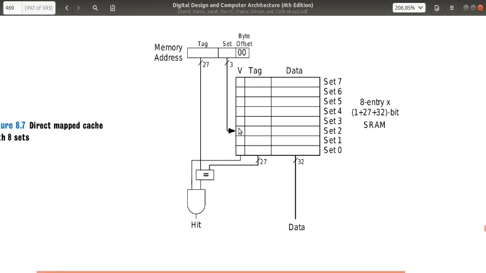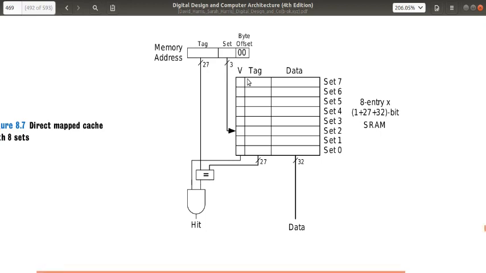This denotes, if this is 1, it means that the data in this particular set is valid, that is, it has been copied from the main memory for use, and it is not some junk value. Because when the processor starts up there could be some junk value in the cache memory, and we don't know whether that value is actually useful, or has been copied from the main memory, or is being used or not. So to denote that this is the actual value and it is useful, we use something called a valid